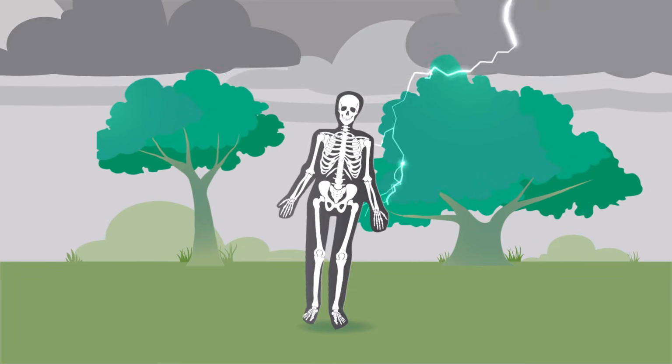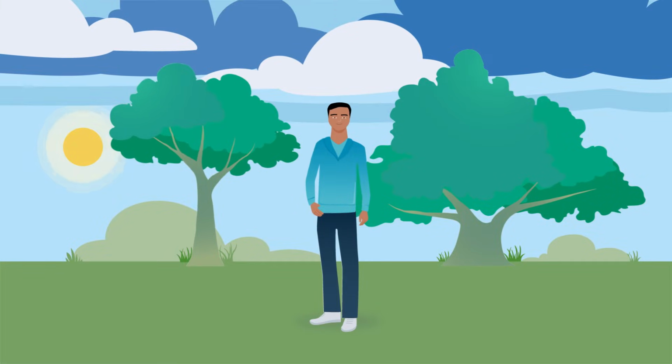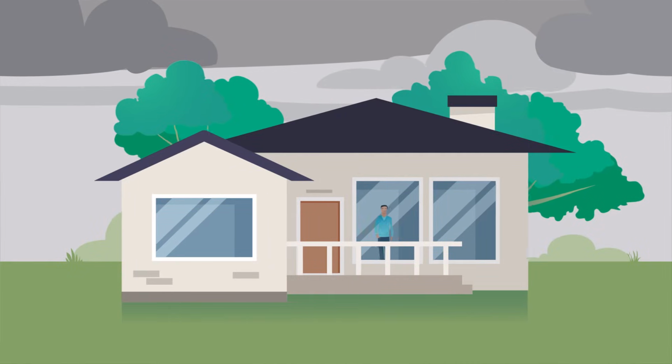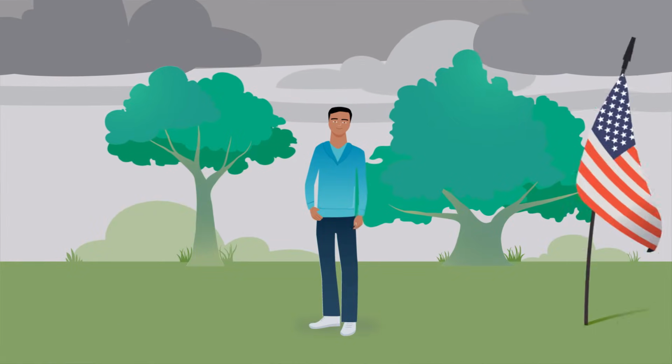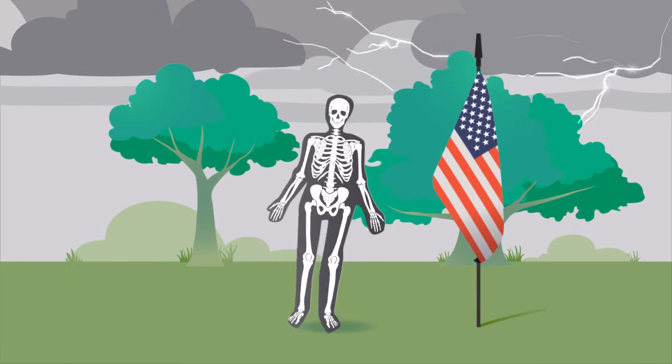Here's an example from daily life that shows how we can use this risk matrix. Lightning is a known hazard, but on a clear day, there's a very low risk of being struck by lightning. There are also several simple things you can do to minimize the risk of being exposed to lightning during a thunderstorm. For example, you can stay inside, or if you're stuck outside, you can avoid tall objects such as trees or flagpoles. You can use the same type of thinking to protect yourself in the lab. Almost every experiment you do will have some hazards, but by following basic safety precautions, you can reduce the risk of injury from those hazards. Make sense? Now let's look at some examples of risk management in the lab.